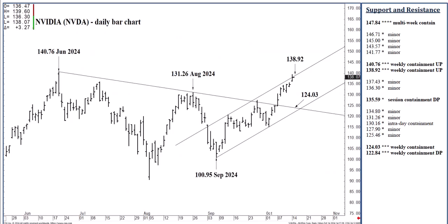I'll start with this one. We tested the 138.92 channel top on Monday, pushed through it, spent a fair amount of time above it, backed away to close just below it. I have added 140.76 now because these two are so close together. We're kind of into the 1% zone anyway. So as we continue into later week, 138.92 is climbing. We'll converge over the next couple of days anyway with the 140.76 June all-time high, I might add,